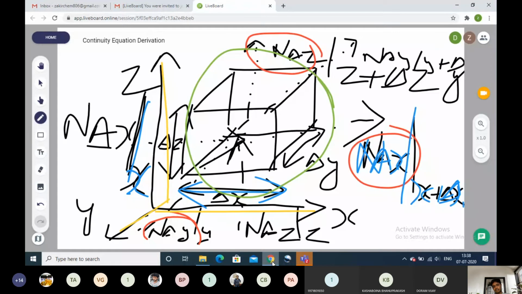We can choose any direction. Okay, x, y direction. For simplicity, I am just choosing this as x, this as z, and this as y. Then after choosing the spatial coordinates, we will just draw a cuboid. We just assume there is a cuboid with 6 faces already there in 3 dimensions.